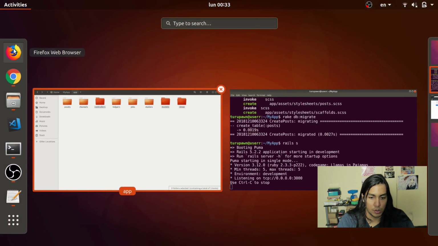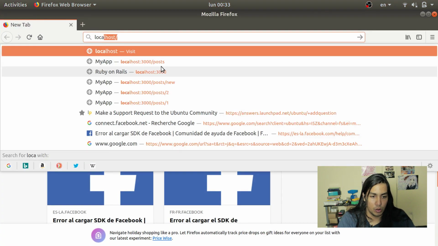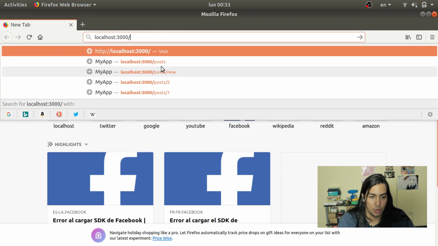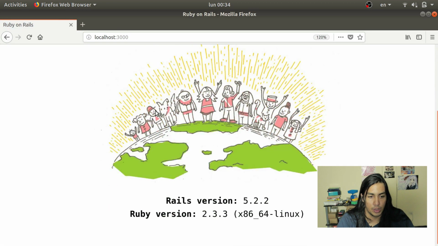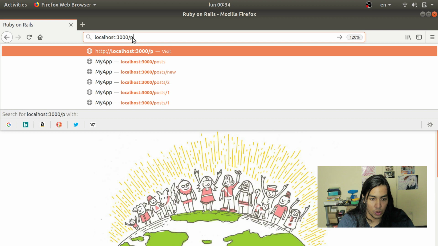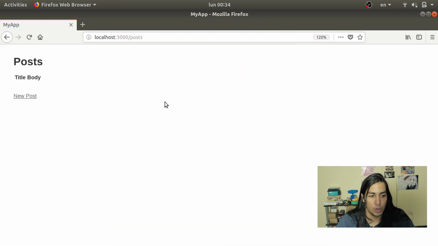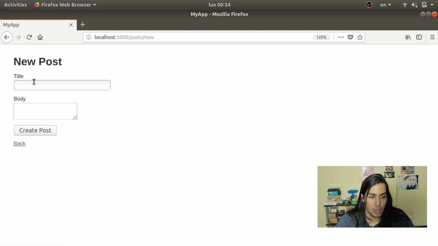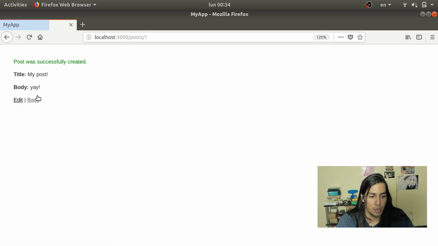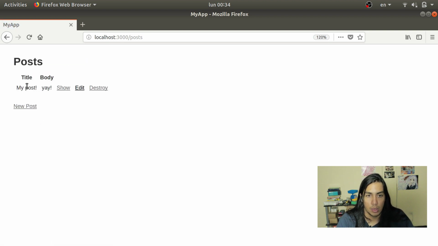We're going to open a browser, and here we can see that our project was launched. If we want to see our post model that we created, you can go to /post. As you can see, these are the views, and you can just create a new post. And it just gets stored in the database. In order to do this in Rails, we had to go through Model View Controller, but everything was automated